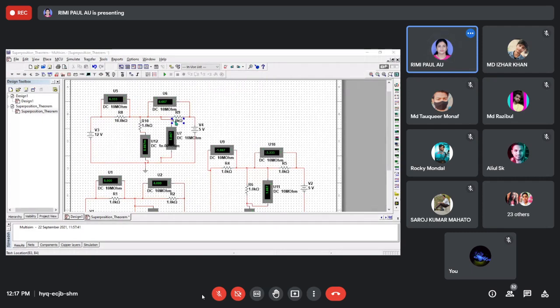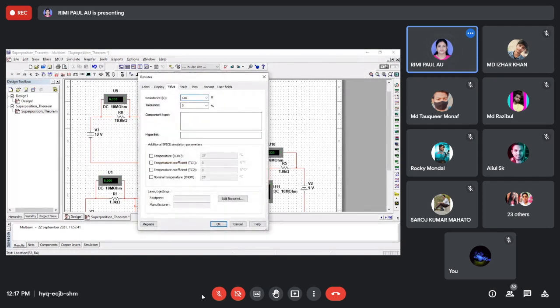Second one is 5 kilo ohm. You have to note it down, because I have not yet decided in which way I will make the groups, or how you will submit a lab copy through a simulation in your assignment. After doing the grouping, then you will submit. So right now, just note down the values and the data, okay.